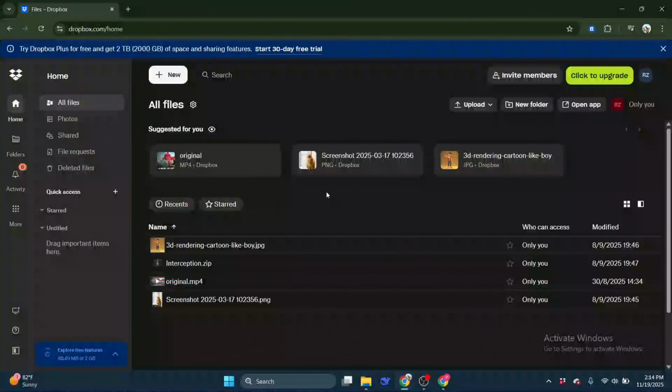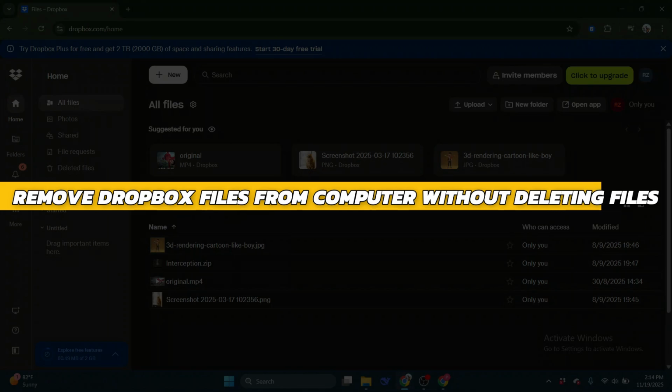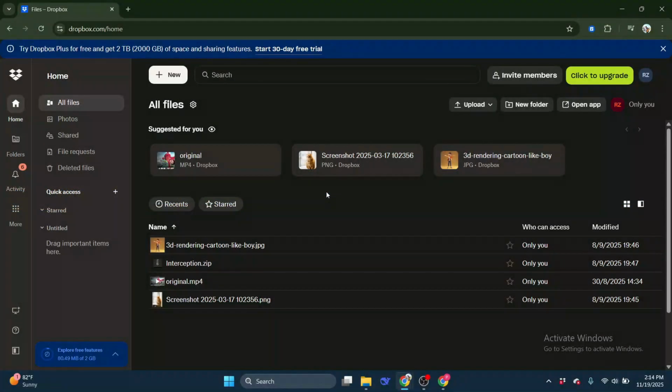Hey guys, in this video I will show you how to remove Dropbox files from computer without deleting files. Alright, so let's begin with the video. Dropbox often keeps files both online and on your device, which can clutter your hard drive, even if you only